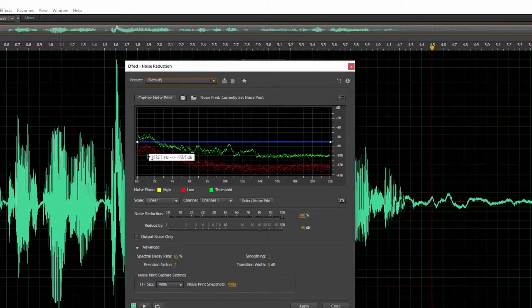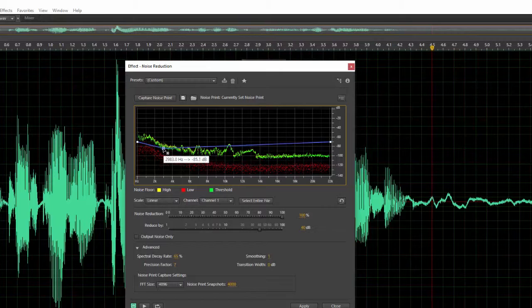As you guys can see in the legend, we have the highs, the lows, and the threshold, but as we see in this graph right now, there are no highs, and that means that the current noise reduction process will be taking away most of the high frequencies, and that's a big issue as the high frequencies often represent the talent's voice. So to fix that, we're going to take this blue line and we're going to just try and